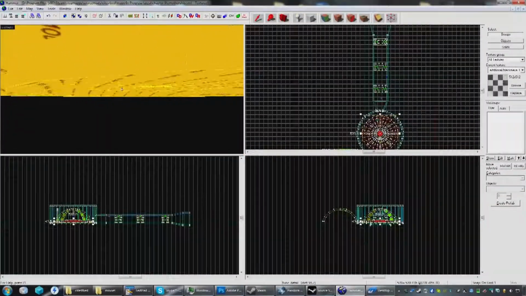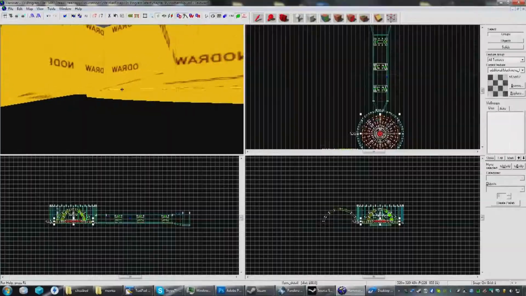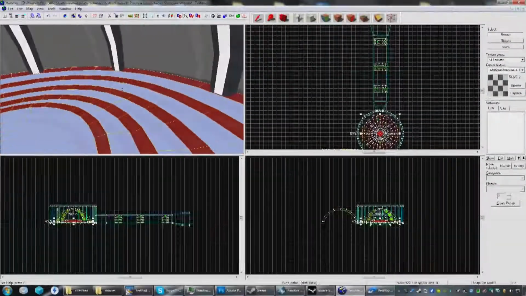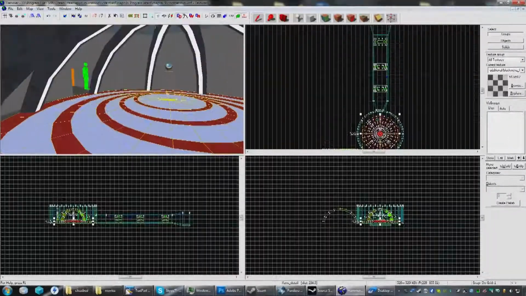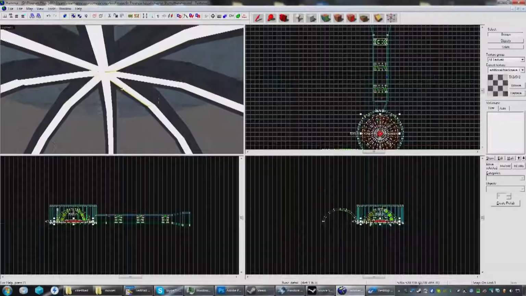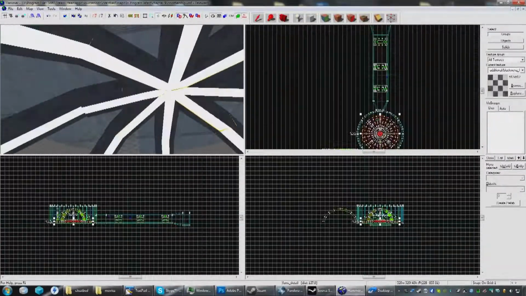This is supposed to be flush with the floor up here, but it just gets thrown down and jagged and all that, and other mappers have probably had to deal with Hammer, and it's just a totally terrible way of how it messes around with the vertex points. With these, though,